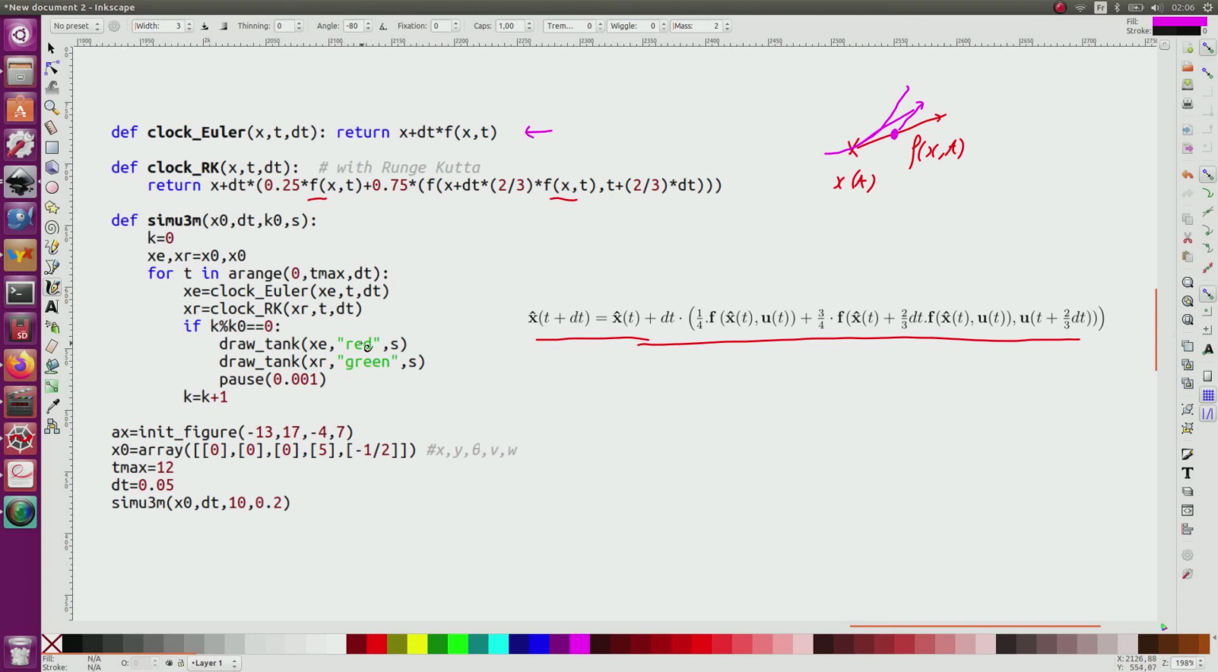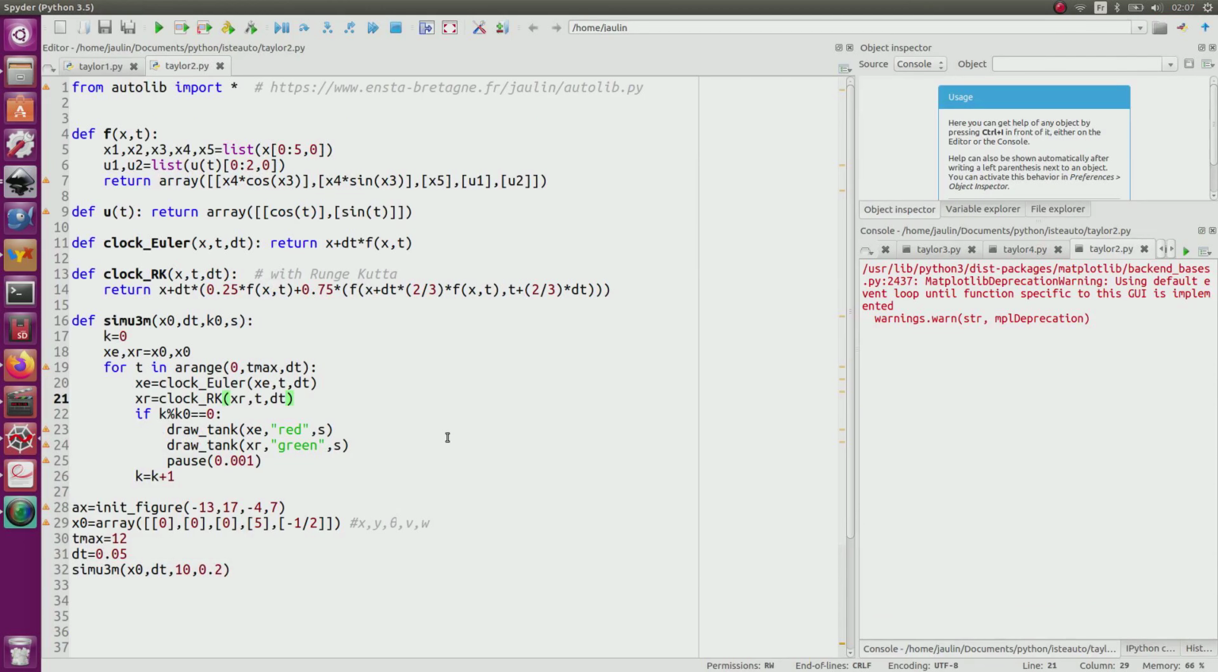will draw the robot red for the Euler, and for the Runge Kutta I will paint it green. It is also the same sampling time. Both Euler and Runge Kutta use the function f, which is the same as made previously. I run it,